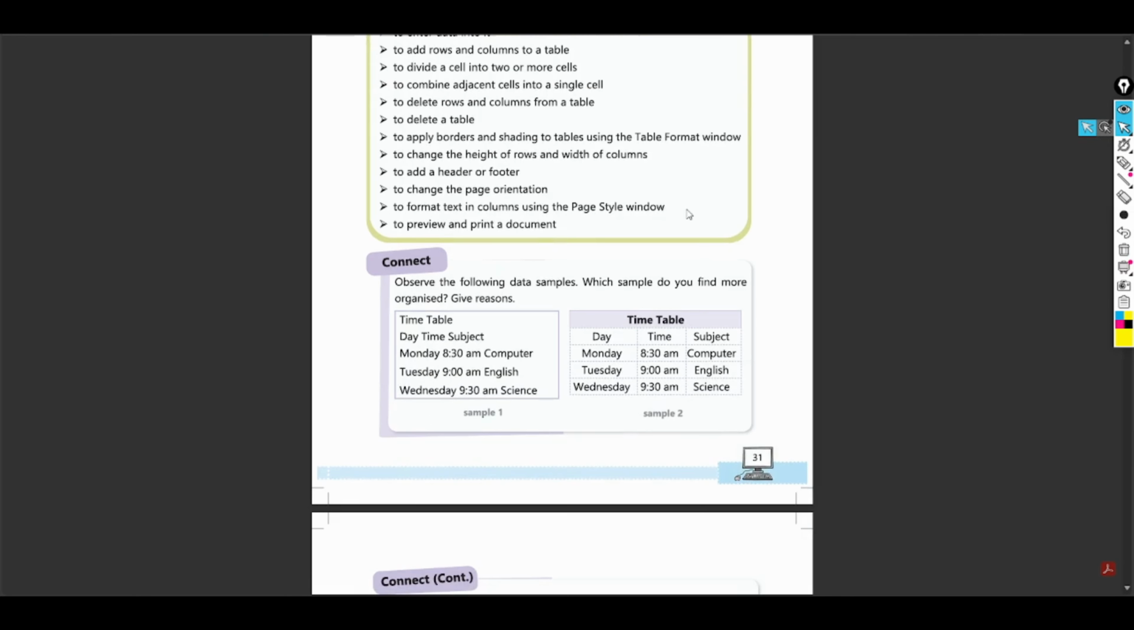First, we will see our concept. Observe the following data sample. Which sample do you find more organized? Give reason. Here are two samples, class. Sample 1 and sample 2. Which one is more organized? Simple answer: sample 2. Because in the first one, we need to read each and every line